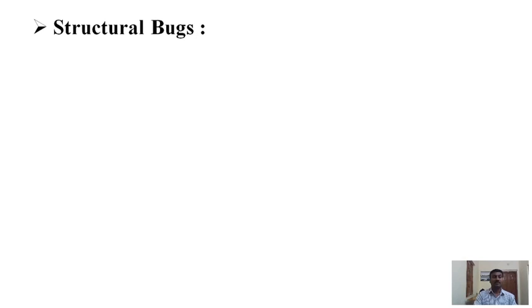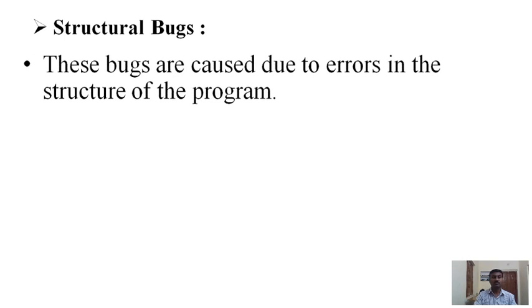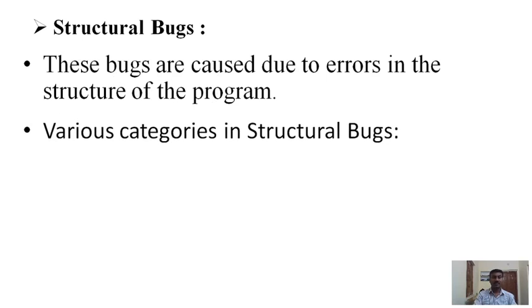Then the second type of taxonomy of bug is structural bugs. Structural bugs are caused by errors in the structure of the program. So when you develop a program, if there are any bugs in that program structure, they come under structural bugs. There are many categories of structural bugs. They are: